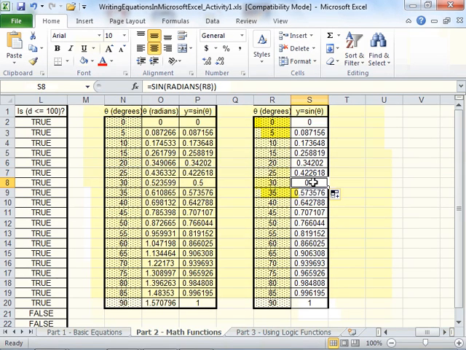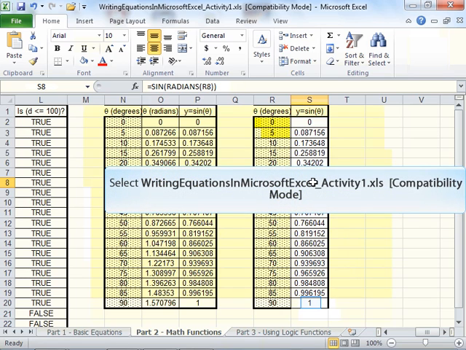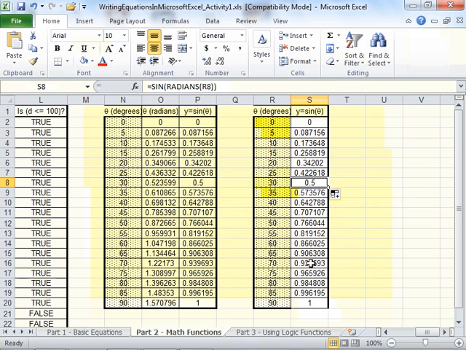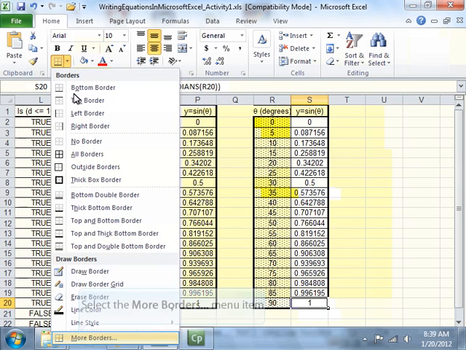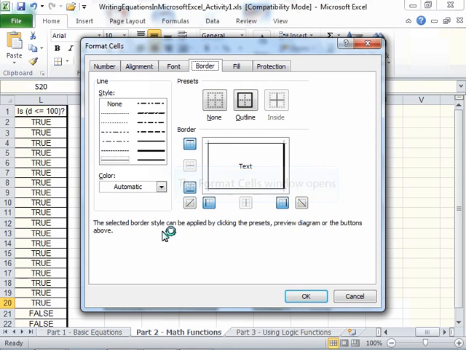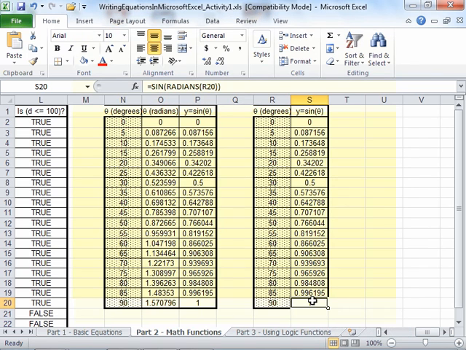So I don't really want to leave that there, so I will just go to a formula above and drag it over that formula, so I'm using my cell reference and not a constant. And that is a nice way of eliminating extra data that isn't very helpful. Most people deal in degrees. I got theta in degrees, and my S column, my dependent variable, is converting first my angle into radians and then taking the sine of that angle. I will just put my thick border